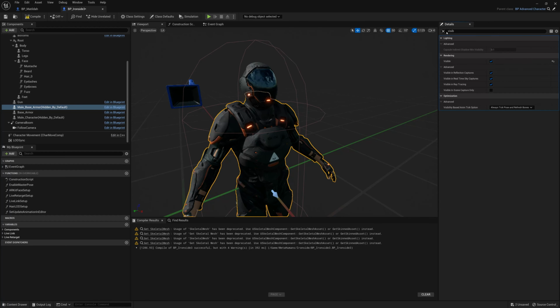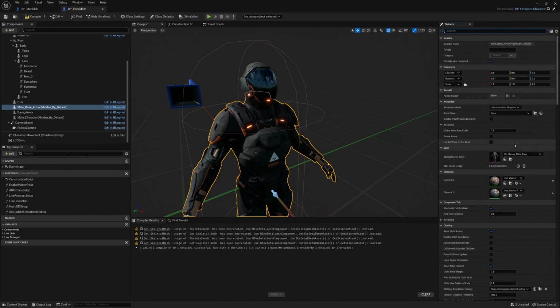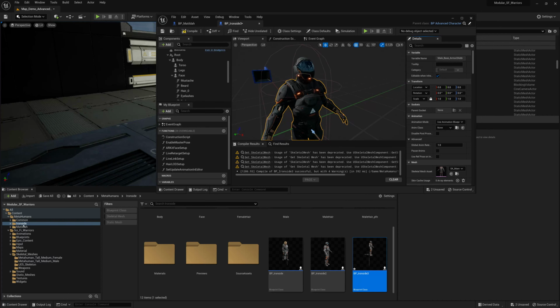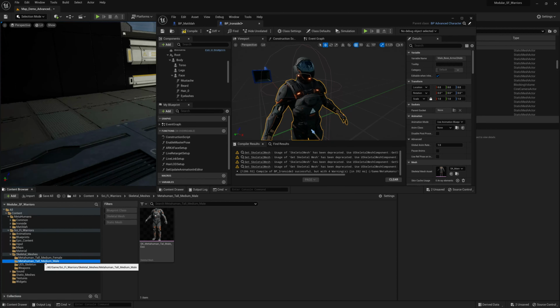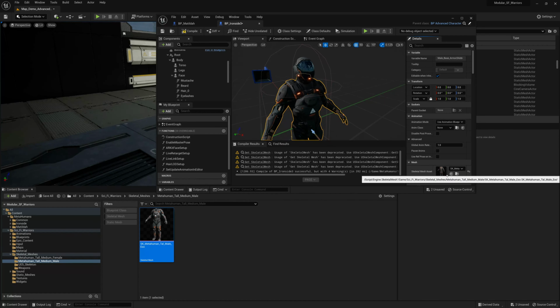Base armor, we'll set the visibility to visible. Okay, and we're going to set the skeletal mesh to metahuman, metahuman tall medium male. We'll open that folder and we'll set it to SK metahuman tall male exo. Okay, we'll add that,